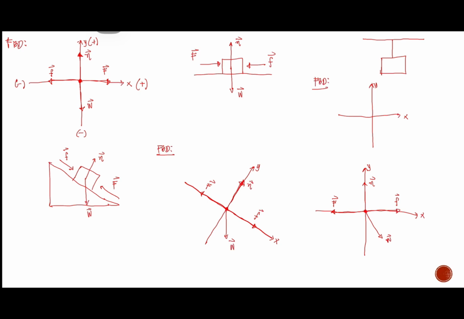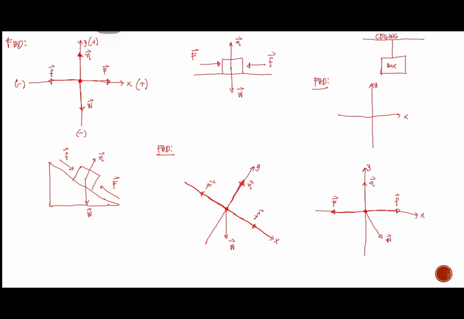Now we go to the tension force. Since our object is attached to a rope or a string or a cord, we have a tension force. The tension force will depend on who is exerting the tension force. So again, this is our ceiling, and then this is our box.